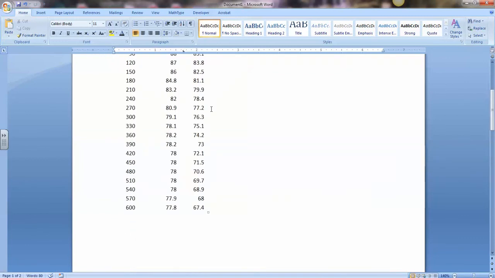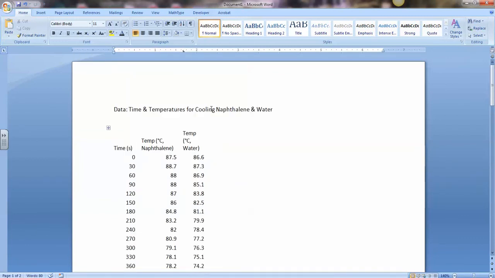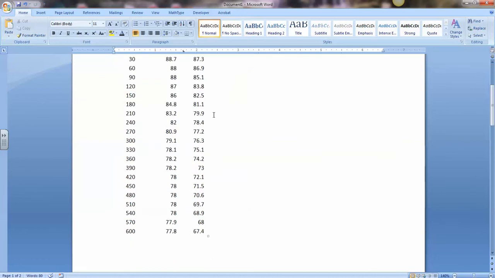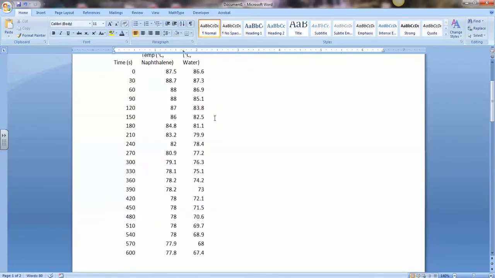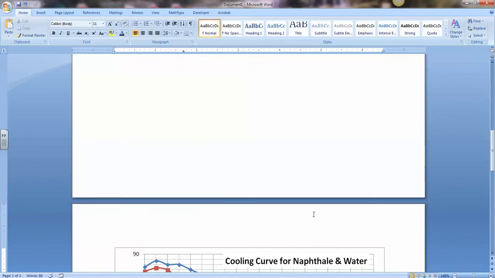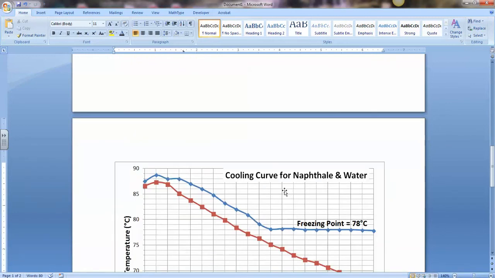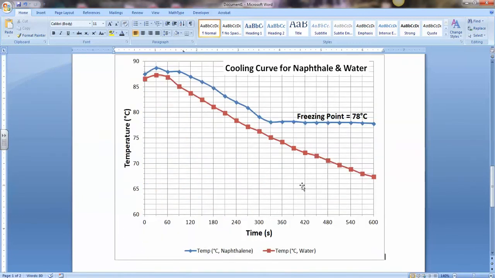Okay? So if you could, at this point, play with Microsoft Excel, make your graph, make your scatter plot, format it to look nice, and see if you can copy and paste both the data table and the graph into a Word document. Okay? Don't make your lab report yet, because we'll talk a little bit more about that on